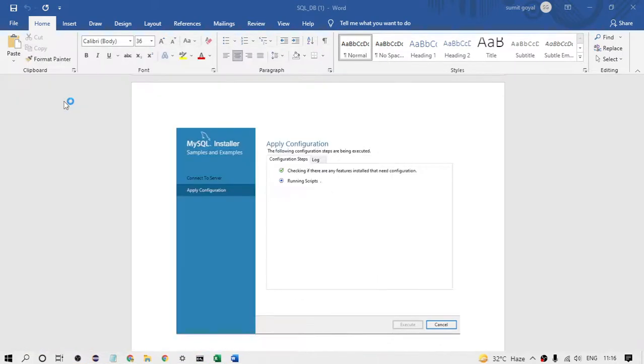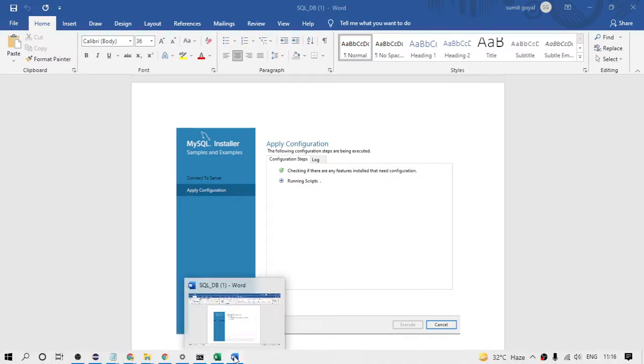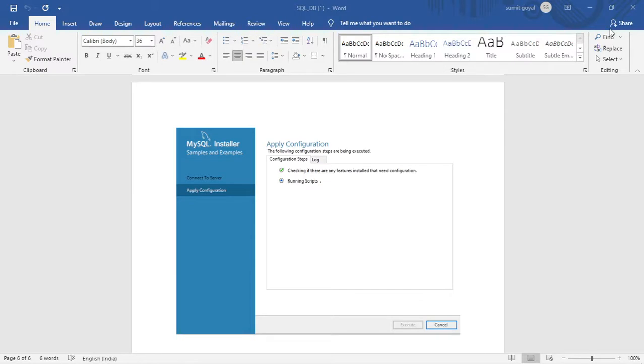Click this and it will open. Basically inside this workbench there are so many databases. It is taking some time. This sheet I will share with you.